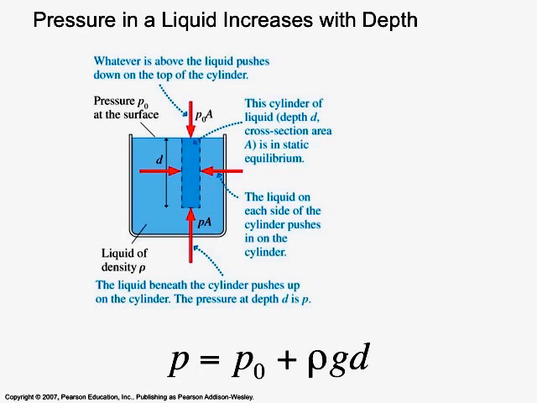What you're seeing here is an equation, P and P naught: the pressure, and P naught, usually the pressure at the top or the pressure open to the environment, the atmospheric pressure. The difference between P and P naught is due to the difference of the object over its depth. Rho g d is another way of saying the gravitational energy density of the object changes with pressure.